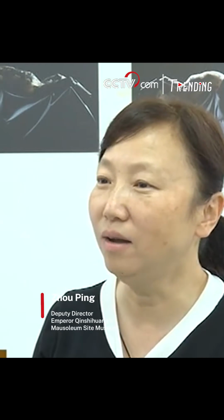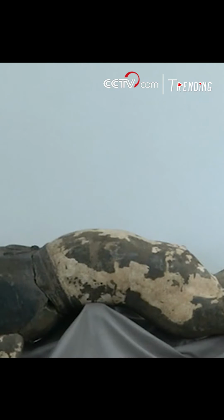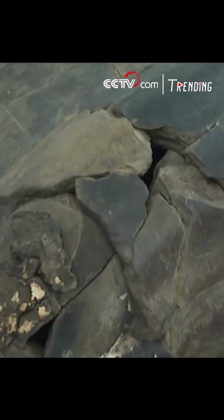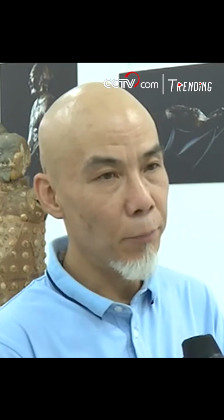He was special because of the color and pattern that remains on the costume, which was exquisite. So we believe his role was to present sophisticated skills. It was the only excavated figure that was lying on his back, capturing the moment when the performer is ready to jump. The gesture was unexpected. It took a lot of materials to consolidate the body to ensure its original gesture, which was hard to create